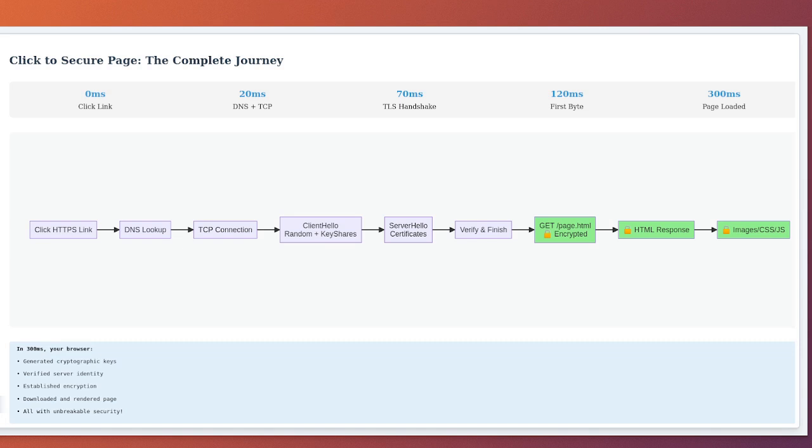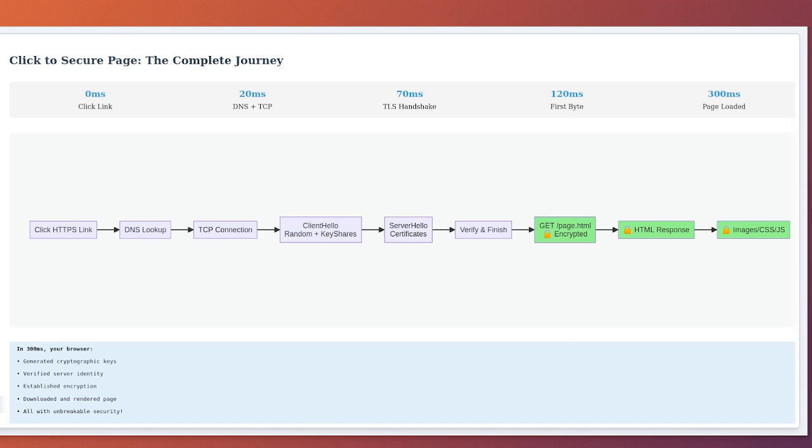The server, running powerful hardware, processes thousands of these per second. It chooses AES-128 GCM, generates its own ephemeral key pair, private 13, public 39, and computes the shared secret, 21 to the power of 13 mod group size. Within 5 milliseconds of receiving client hello, the server sends back server hello with its public key, then immediately switches to encryption.